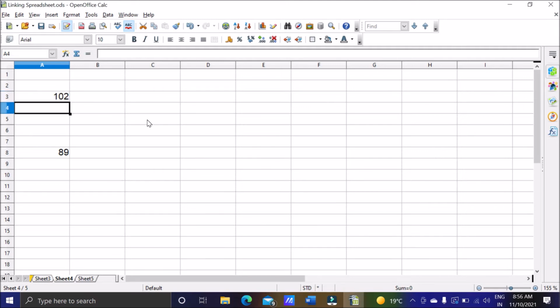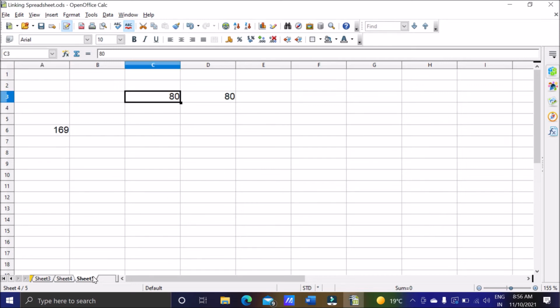I want to add both of them in sheet number 5. So here I want to add. I will write equal to, and instead of using the mouse I can use the keyboard also, but I should remember the address. So I will write sheet. I know the sheet is sheet number 3.